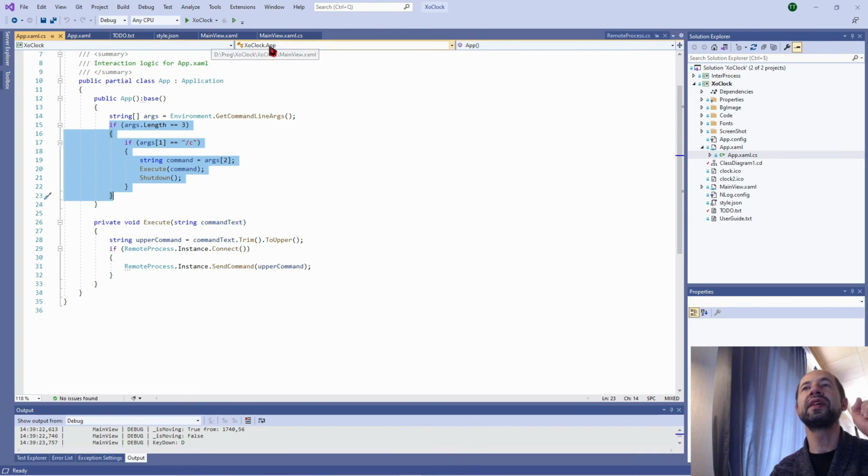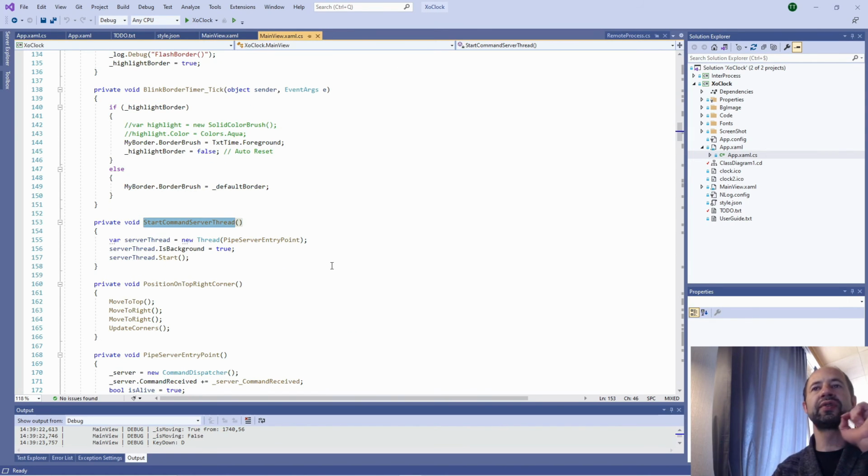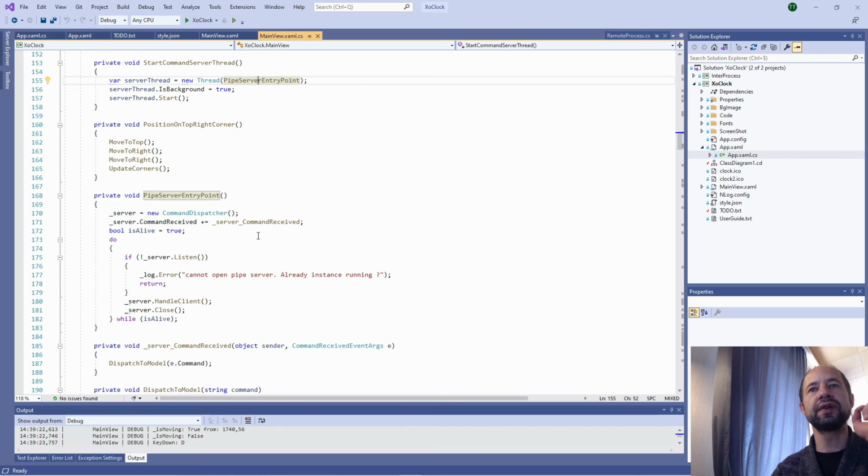And in the XAML window code behind, I am starting a command server thread. The command server thread creates a thread which is going to listen to the server command dispatcher, and I handle the client.